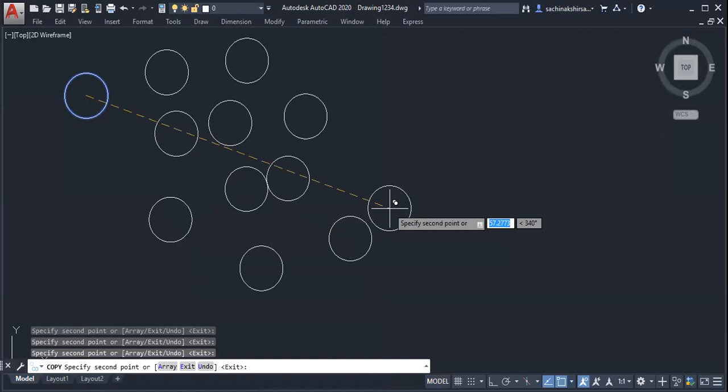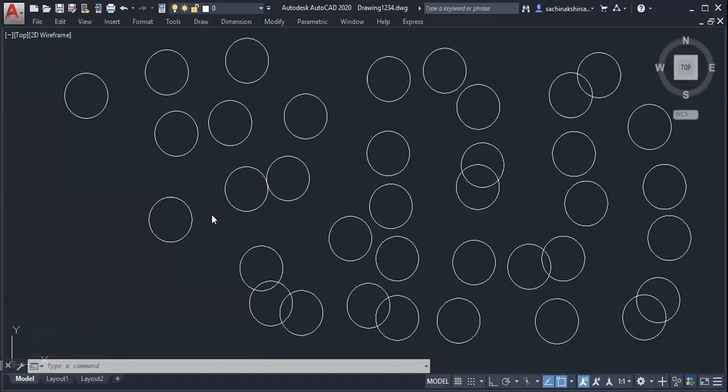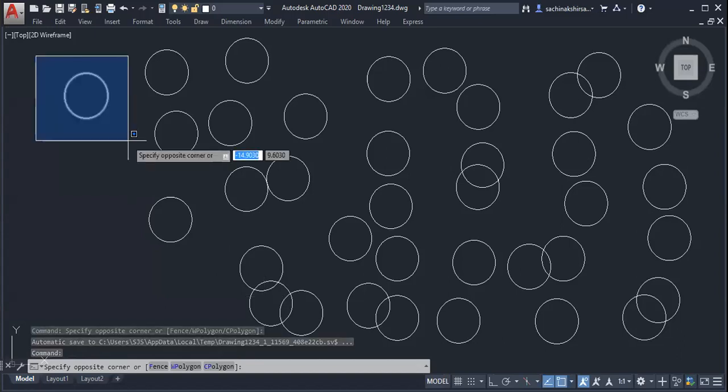Are you getting it? These many circles I have drawn here within a fraction of time. If you want to draw manually, how much time will it take to draw this many circles? Minimum 10-15 minutes. Are you observing the number of circles on the screen? Yes, sir. So once one object is drawn, you can make a number of copies by using the copy command. The original object is still there. For that object, we have made a number of copies. So it is the copy command.